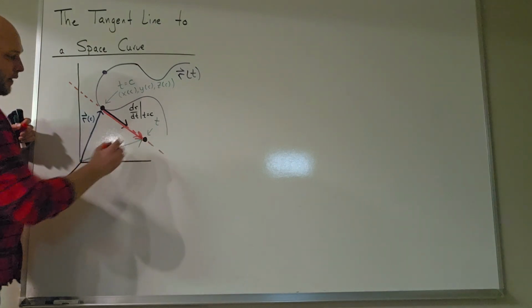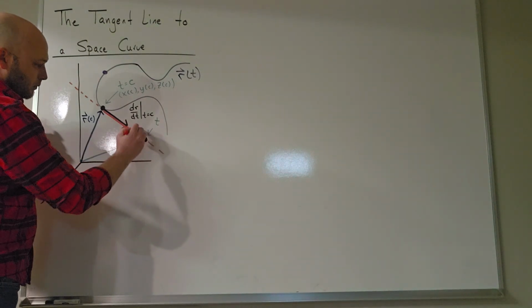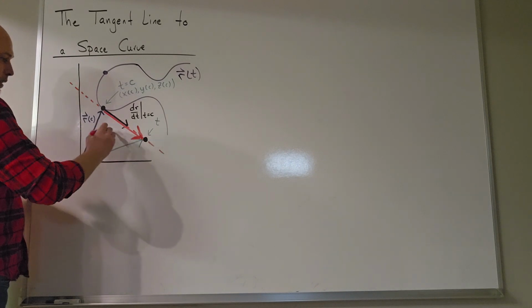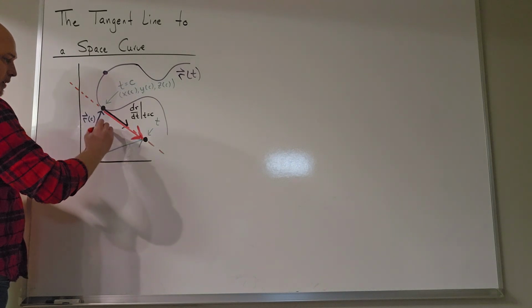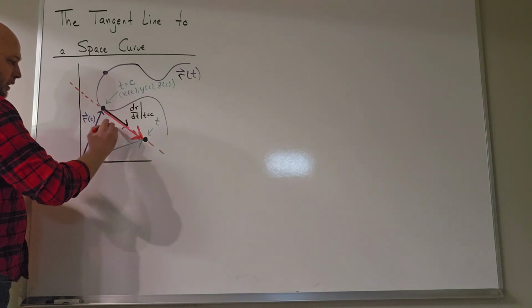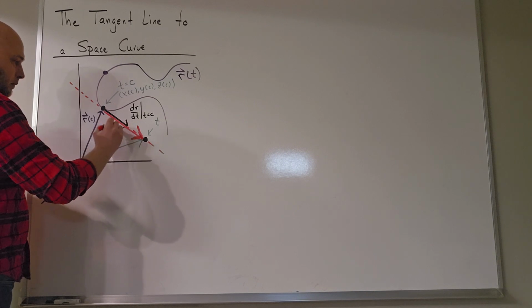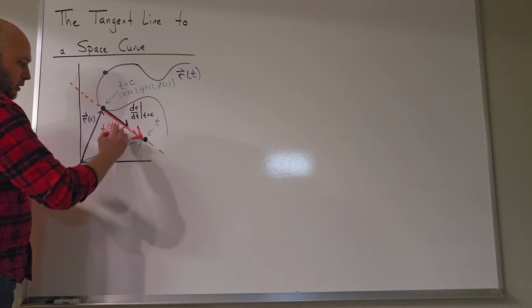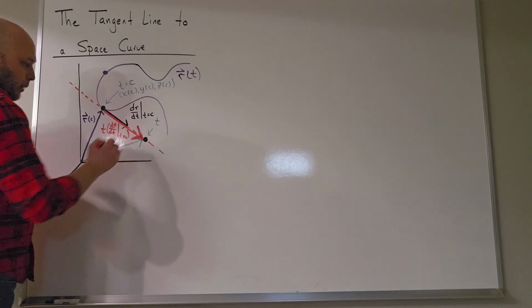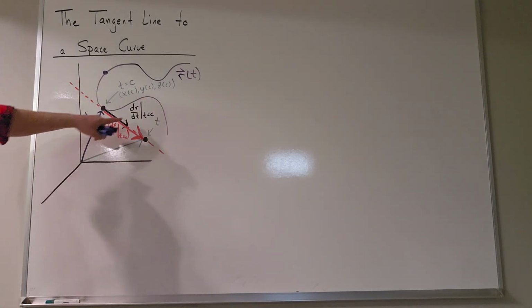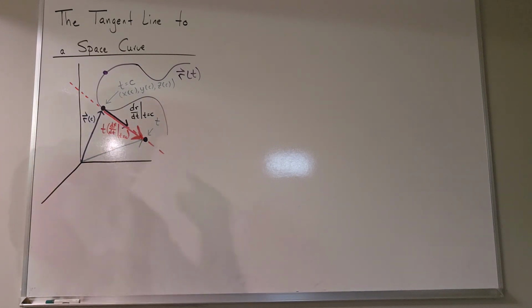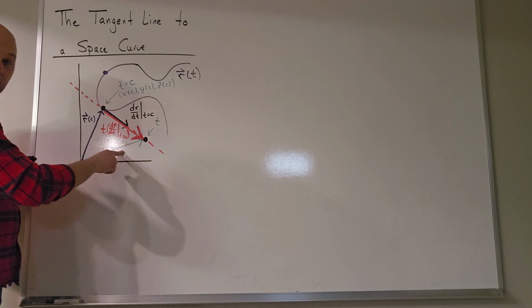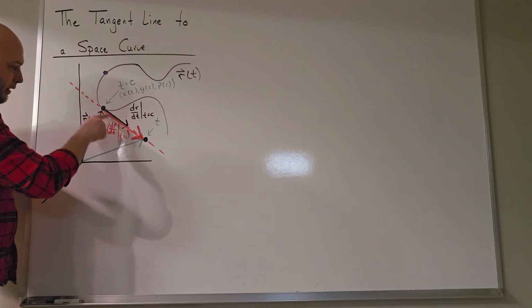So that'd be this red vector, which would be a constant t times the derivative of r. I know this is small, I hope you can see it, but I'll write it again below. So this red vector, I'm going to take this and just multiply it by a constant. Okay, so therefore, in order to get the green vector, I add the blue vector and that red vector, just